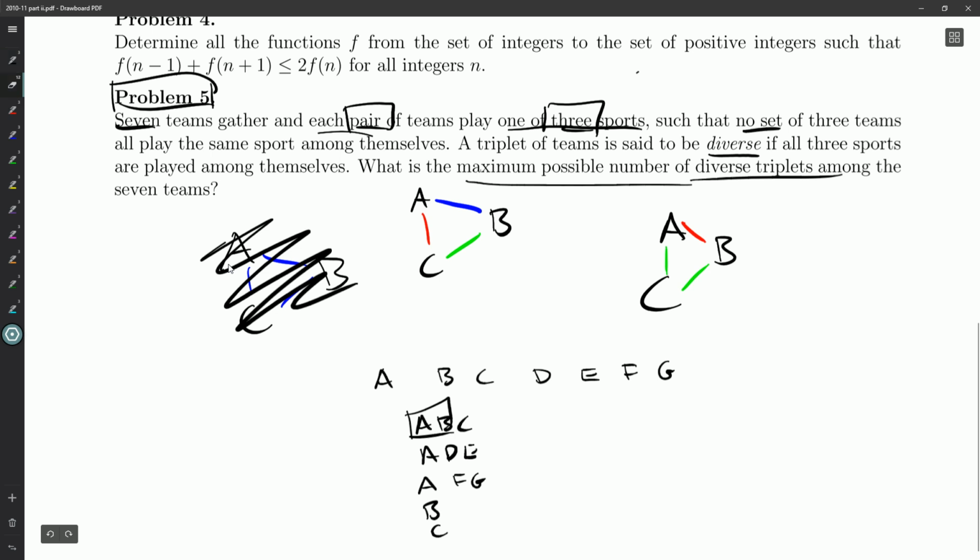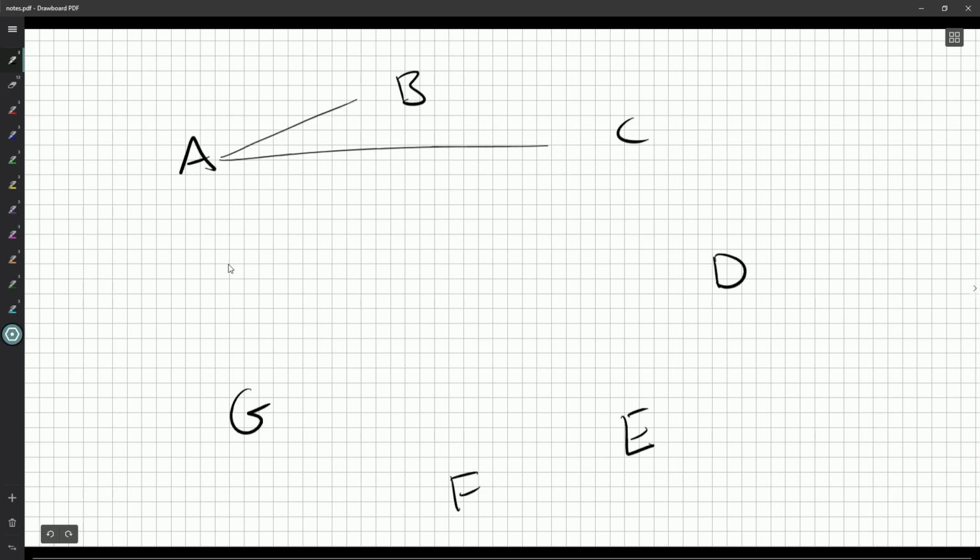Okay, but I don't think that's quite what this is, because, and I've been drawing this already, the games that are played are kind of important. Now, we know there's 7 teams, so one thing we could do is put all our teams together, and this is fairly common when I'm trying to talk about tournaments and questions. I tend to try to visualize things by drawing connections. So, A plays B, A plays C, A plays D, but here I'm going to be coloring things to indicate which sport is being played.